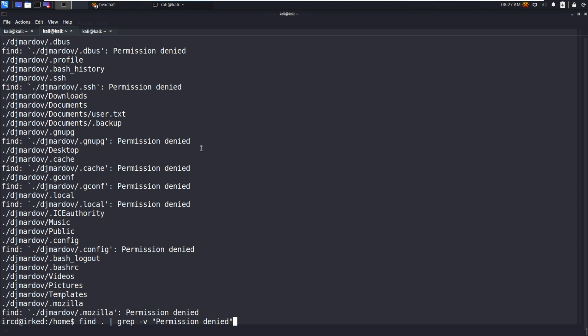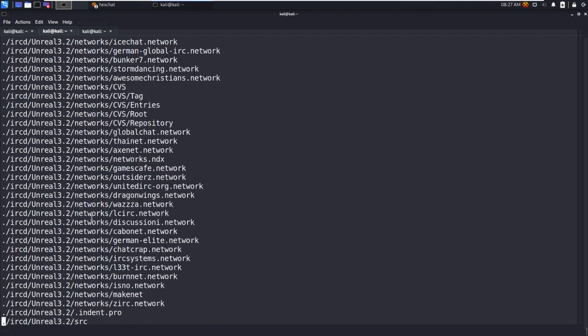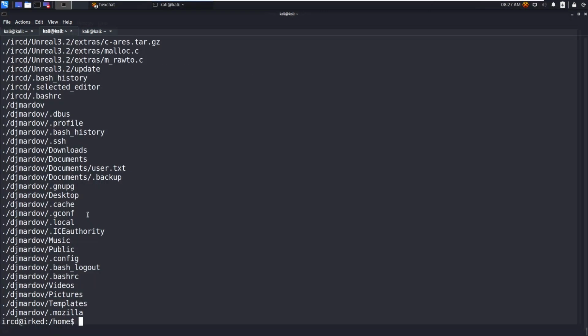So we are checking what files we can access. Let's do that again. grep -v permission denied, and we need to grep for only djmardal.